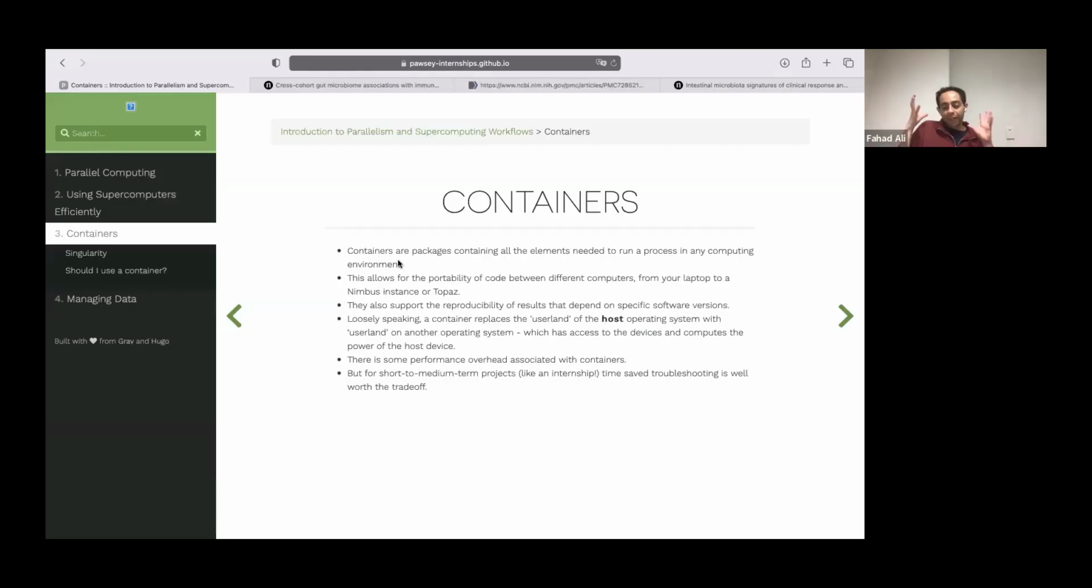So what is a container? A container is this nifty little thing. It's basically a package. It's a software package, but it contains everything you need to run a process anywhere in any computing environment. And that means that you can port code from your laptop to Sotonix, or to a Nimbus instance, or to Topaz,